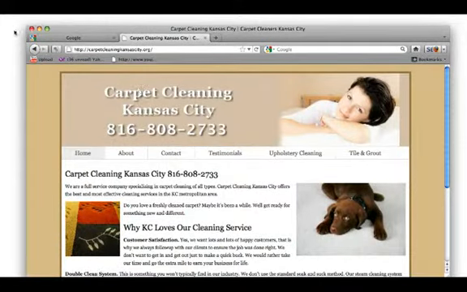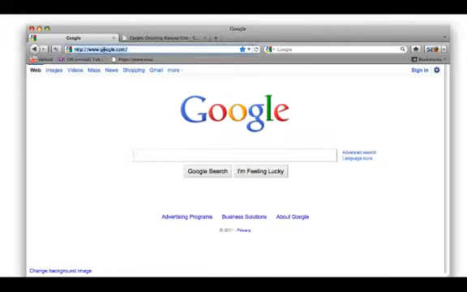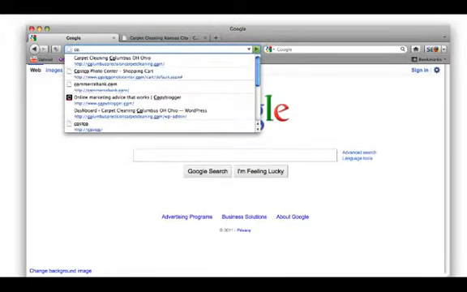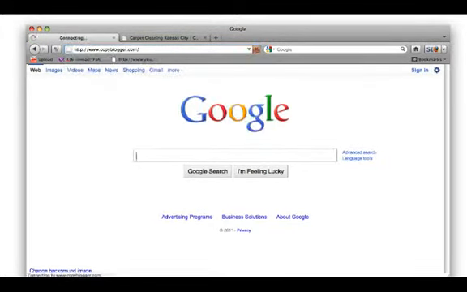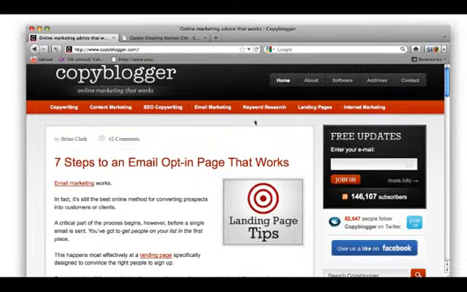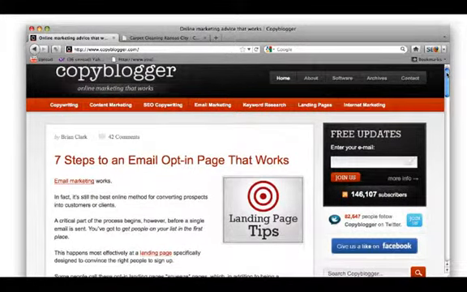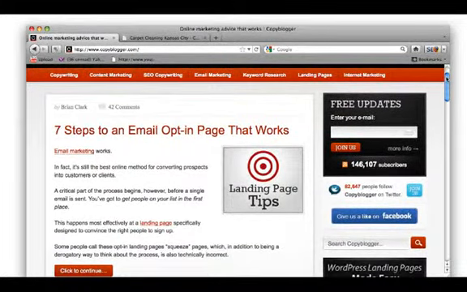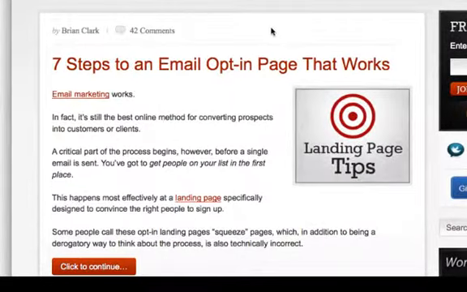So let's look at an example here. I'm going to go to copyblogger.com, and it's just your typical blog, and it's all about blogging and marketing, and they've got some really good information on this blog. And so I'm looking here at the first blog post, 7 steps to an email opt-in page that works, okay? And I see that there are 42 comments. So let's click on those comments,